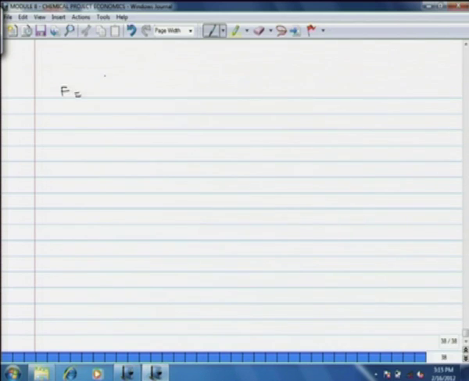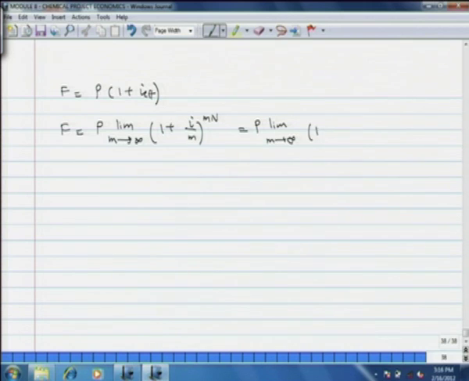For effective interest rate, the definition remains the same. F is equal to P into (1 plus I effective), and now we have to equate the two quantities, but before that we try to find the limit of that summation. F is equal to P, in case of continuous compounding, P into limit m tends to infinity (1 plus I by m) raised to m into n. This we write as P into limit m tends to infinity (1 plus I by m) raised to m by I into n,